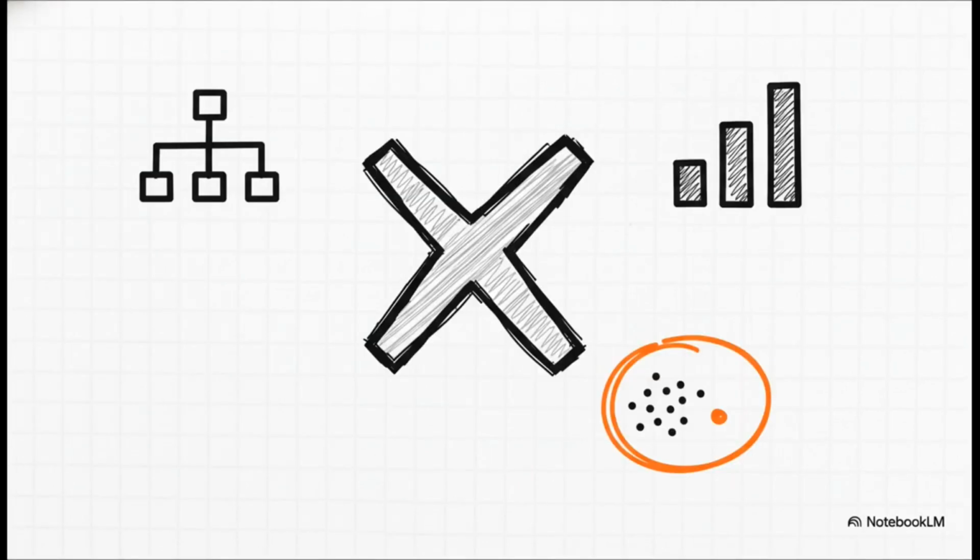And when can you just not worry about it? Generally, you're safe with tree-based models like decision trees, random forests, or XGBoost. They just care about split points, not the actual scale of the data. And of course, if your features already happen to be on a similar scale, then you're good to go. But